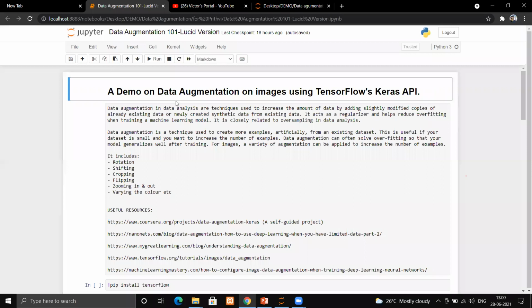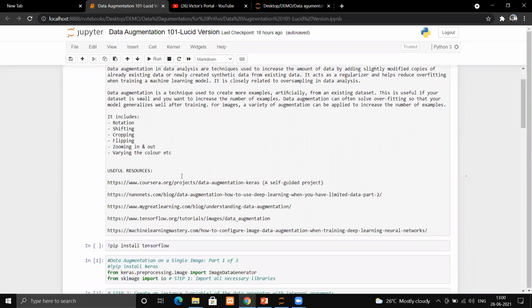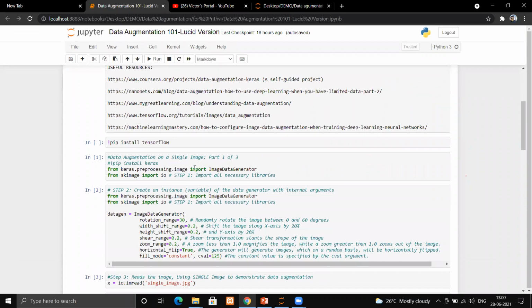as you can see, I'll be demoing the data augmentation. Data augmentation is mainly used to increase the amount of data available. In this, we'll use rotation and shifting. First we need to import the necessary libraries and then create an instance. So we are creating the ImageDataGenerator instance. Using ImageDataGenerator, first we can rotate the image, maybe from 0 to 60. In this, we are rotating by 30 degrees.